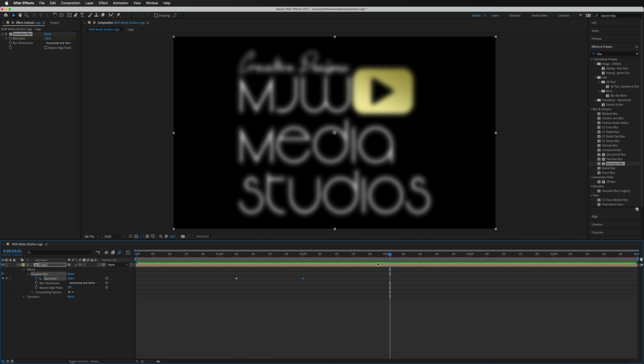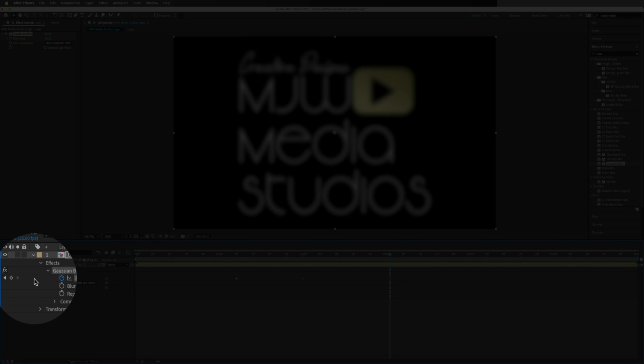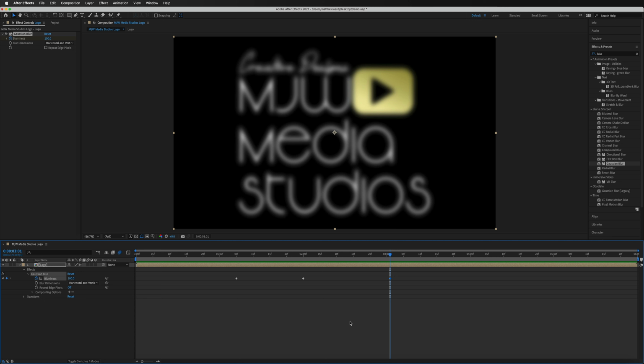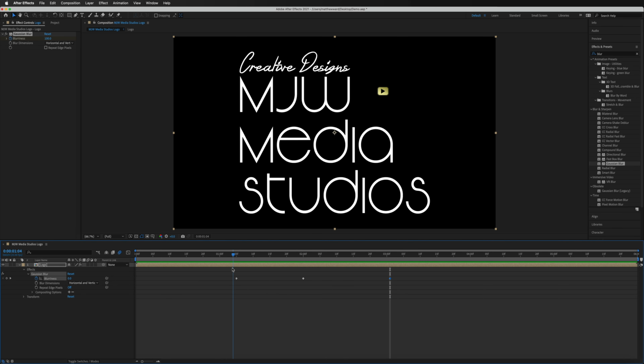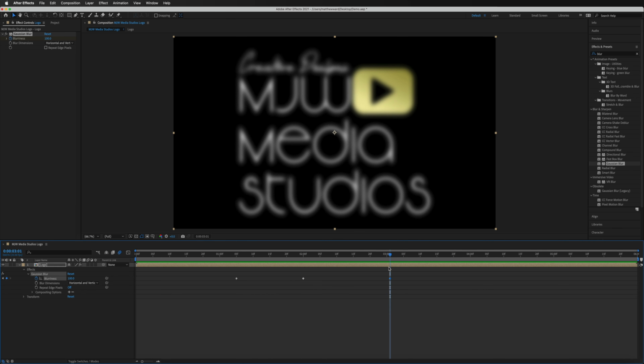We need to come back over to the left-hand side, and instead of pressing our keyframe stopwatch right there, as that's going to disable the keyframes, what we need to do is come over to the left of that. And you can see we've got this little diamond right there. If you just select that diamond, that is going to put a brand new keyframe in there for us. And that's going to have the exact same properties that we originally had. So that 100%. And now we know nothing is going to change from this point to that point. So it's always going to stay 100 from 2 seconds to 3 seconds. Then from 3 seconds up to 4 seconds is going to animate back out again. So the blur just disappears.